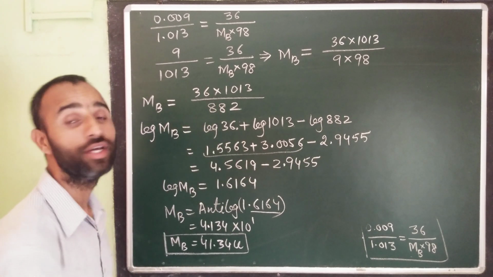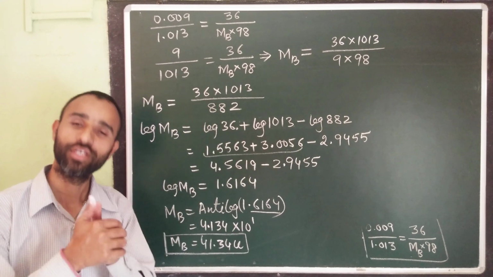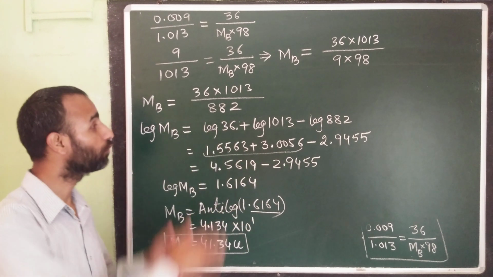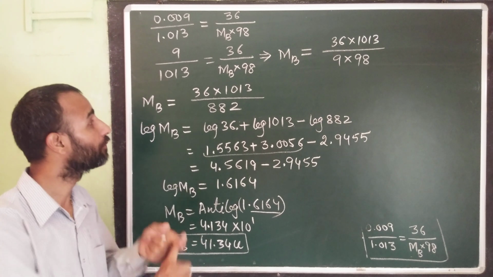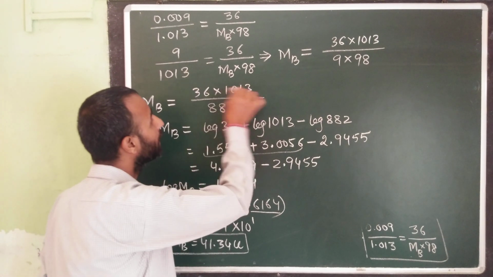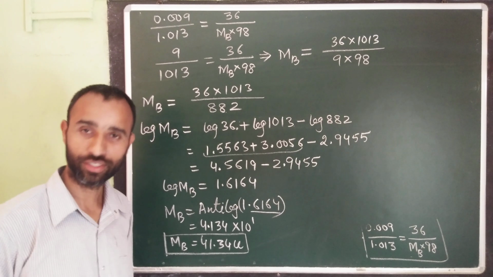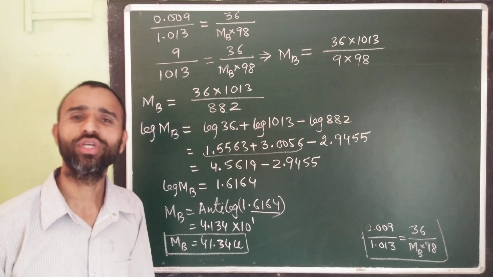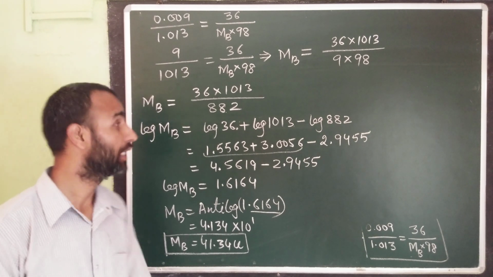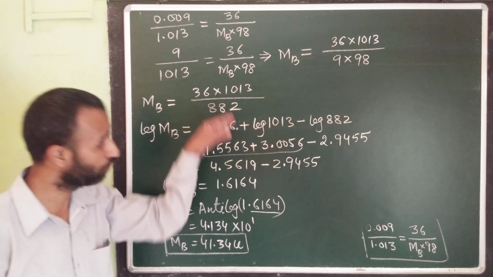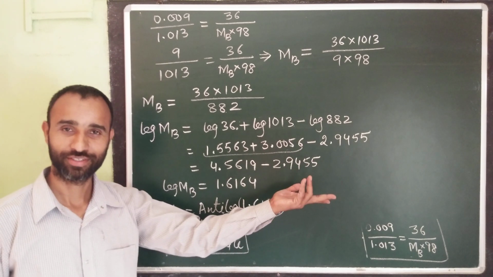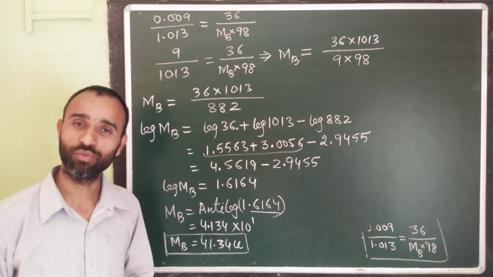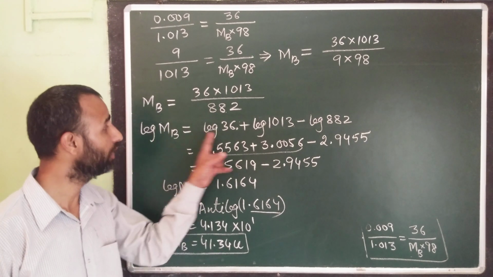So this is the way to make calculations simpler. I think I have justified how we calculate if we are not able to multiply and divide easily. If you can multiply or divide easily, there's no issue at all. But if it is not possible for you, then go for plus and minus. You know, addition and subtraction are easier than multiplication and division. So you can go by log and anti-log table.